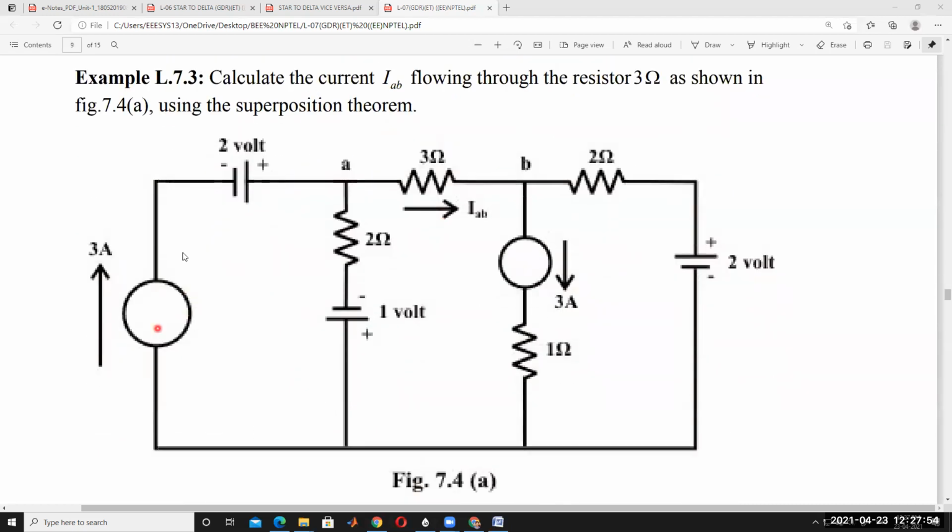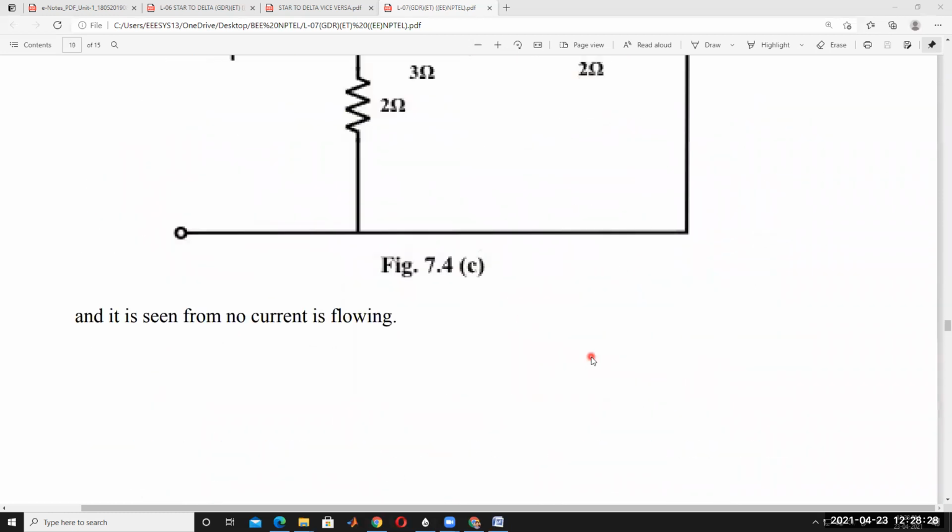By activating this source, we have a number of sources. There are 5 sources here: 3 voltage sources and 2 current sources. By activating one source and deactivating the remaining sources, we will get the answers easily, but the circuit becomes more complex. By activating this source and deactivating the others, this is one network, here one network, here one network, here one network. The number of networks is large to solve with the superposition theorem. So that is the limitation of the superposition theorem.